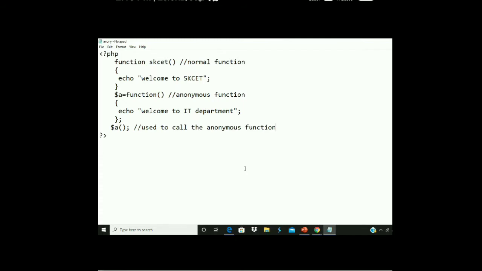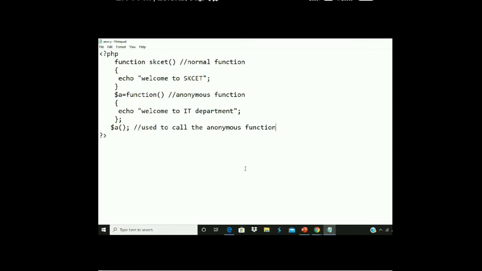Clear? Yes, Mohandan, tell me. So can we pass parameters inside this anonymous function? Of course, I will come to the point. Now only I have started. Okay. You can pass parameters, you can inherit. All these things you can do. So whatever is possible in object-oriented programming, that can be possible in anonymous functions also. Clear? Any doubts in this?